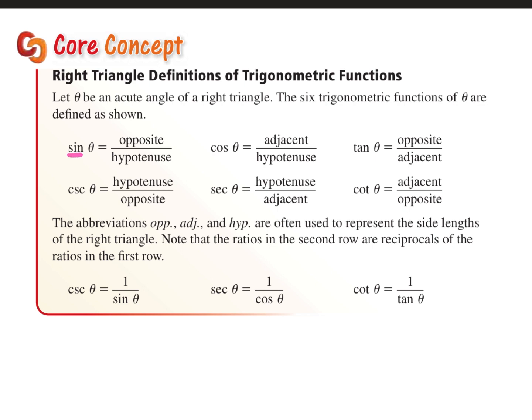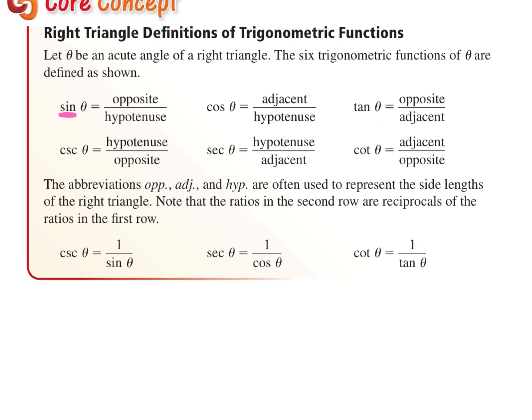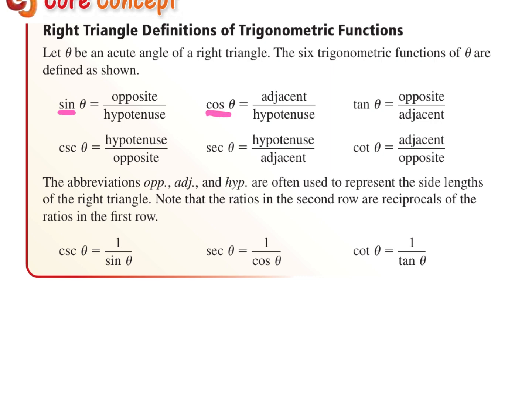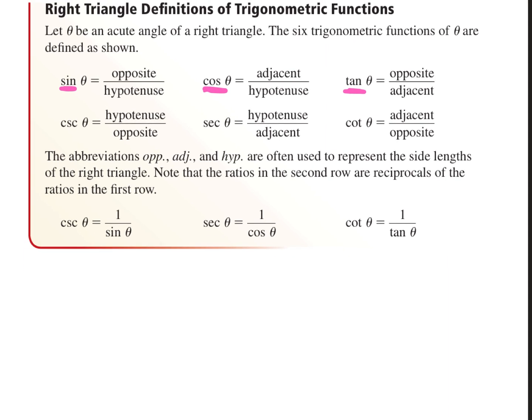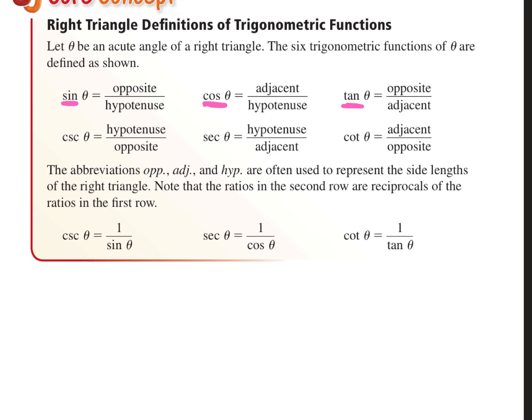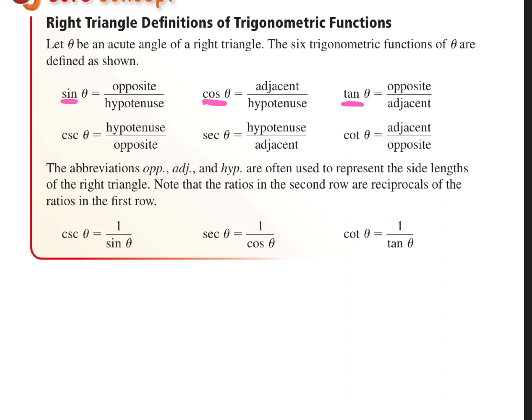So sine of theta is equal to opposite over hypotenuse. Cosine is equal to adjacent over hypotenuse. Tangent is equal to opposite over adjacent. So these are our 3 main trig functions. We'll talk about the other 3 in a second. But one way to remember which opposite, adjacent, and hypotenuse go with those 3 is